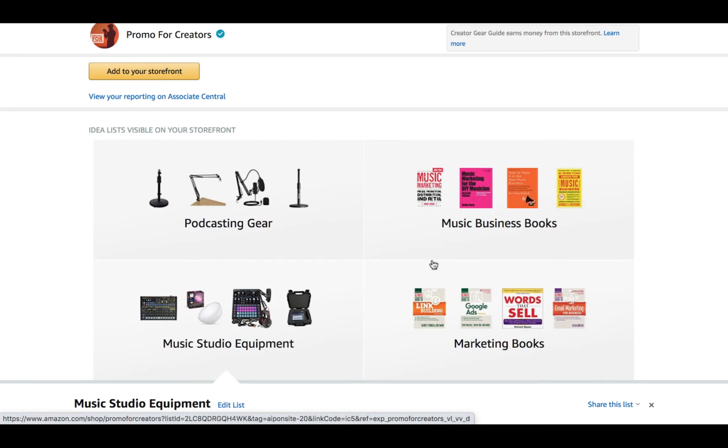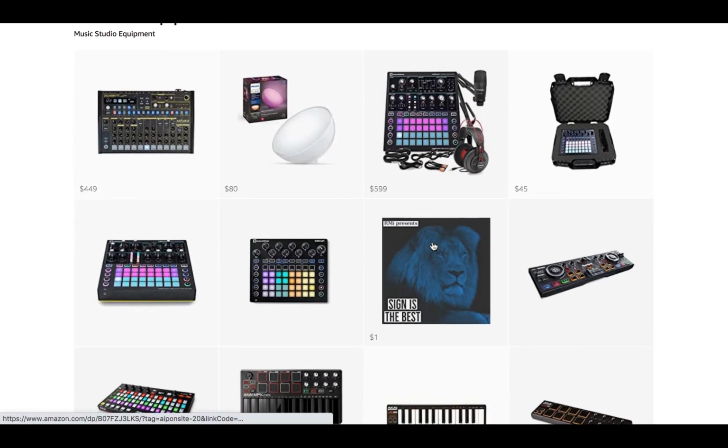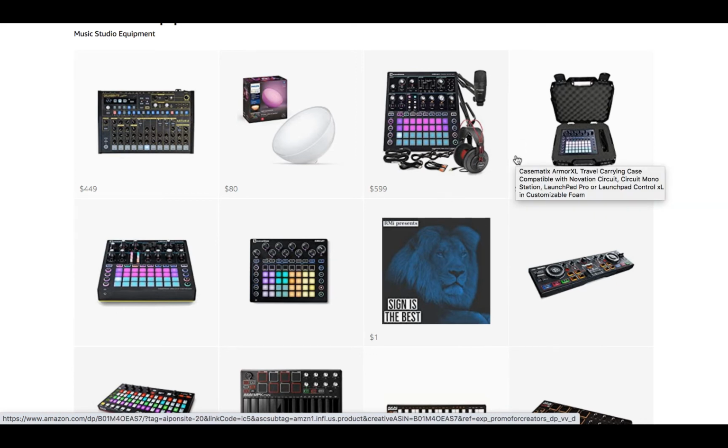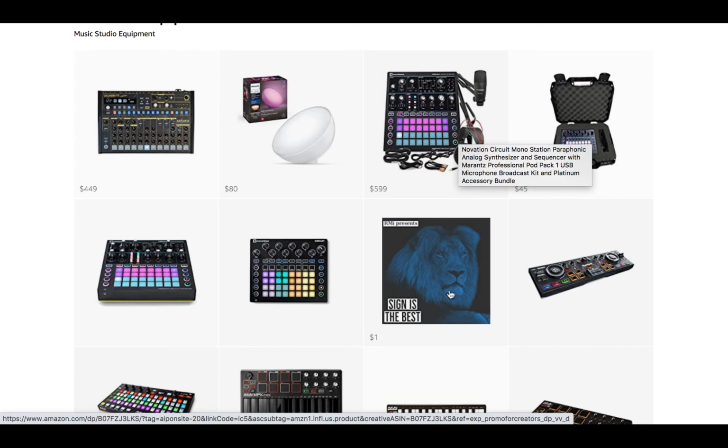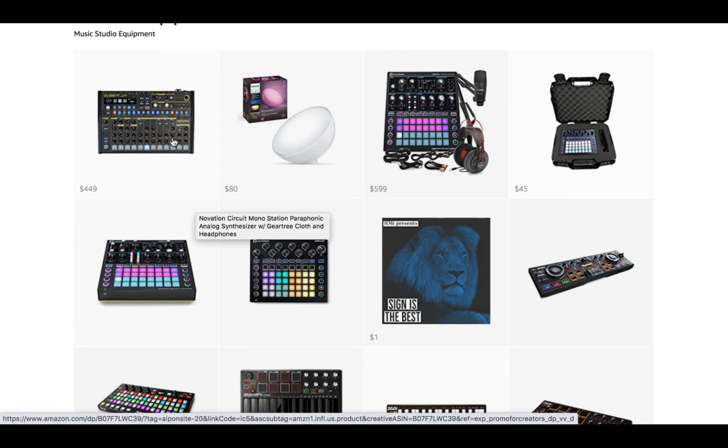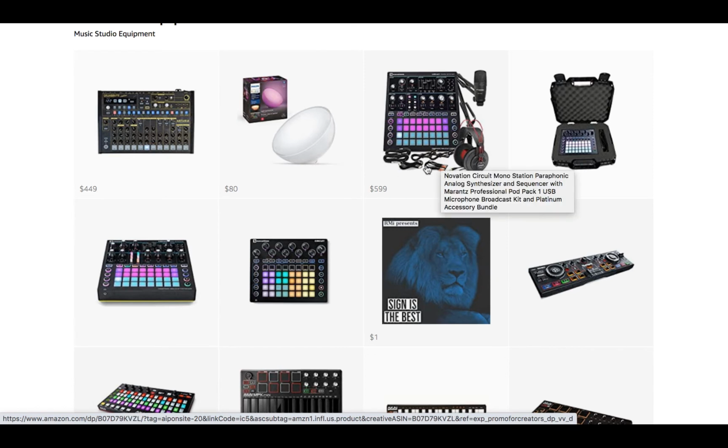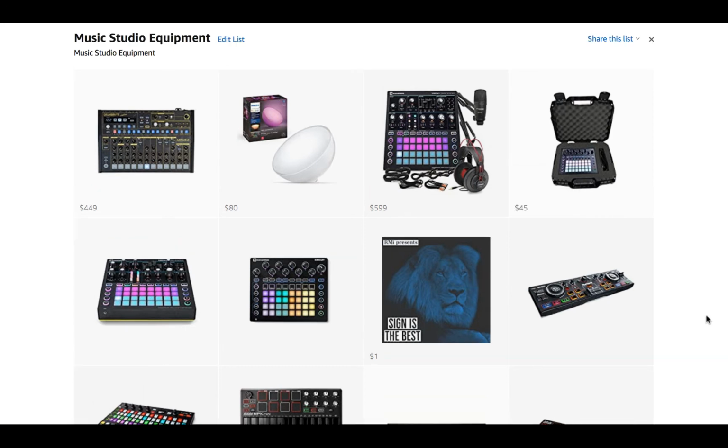All right. And also, let's say they do buy your single or your album and they buy something else off of Amazon, you also get a cut on everything else. So if someone buys this single right here and let's say they also buy a drum machine or something, I'll get a cut for the single, and then I'll get another cut for the $600 drum machine. So this is another way you could make money as a music artist.